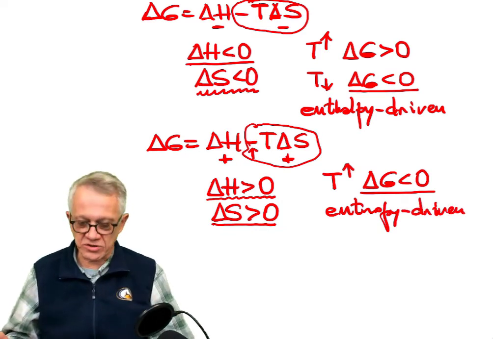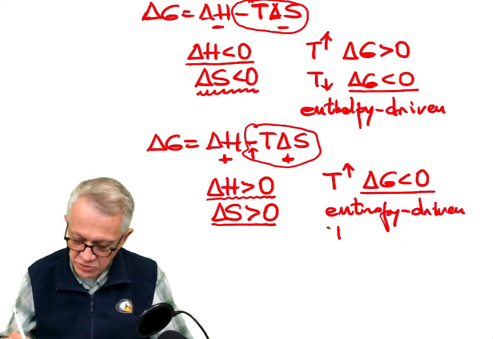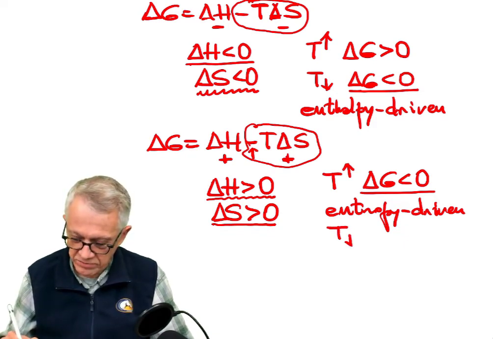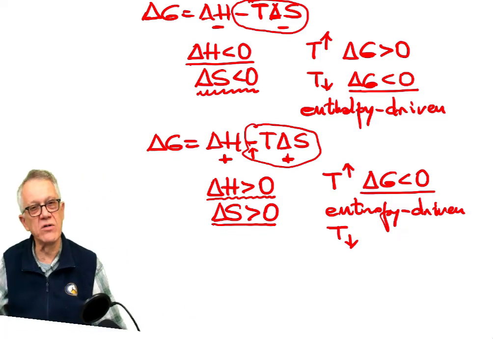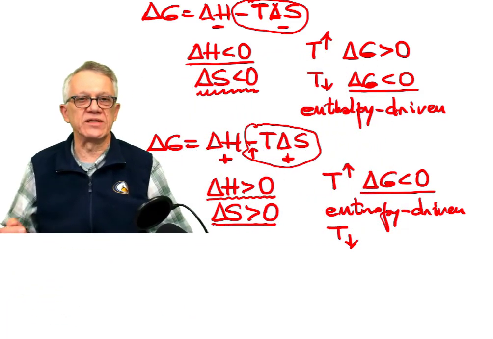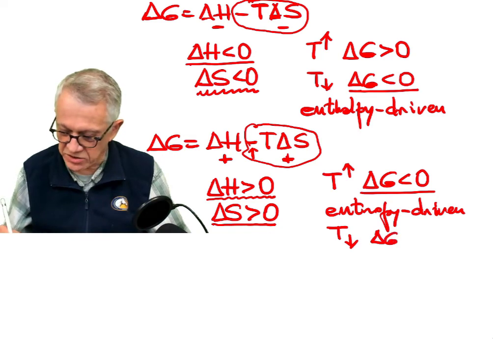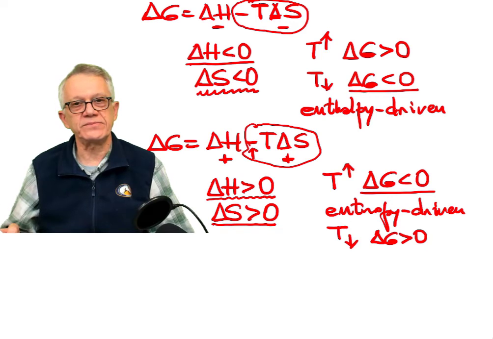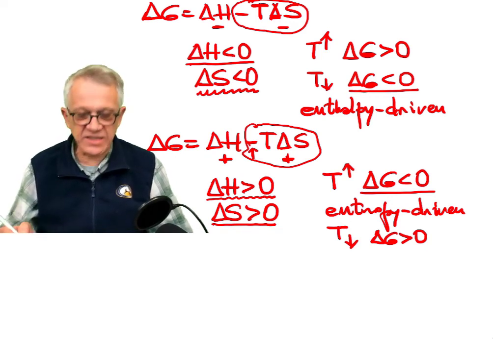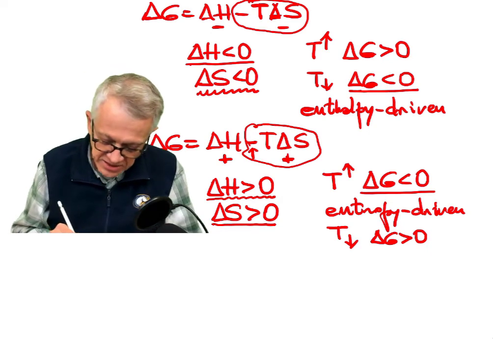Okay, so it's an entropy driven process here, and if the temperature is very low, what's going to happen here? The negative value is very small, so delta H is going to be larger, and since delta H is positive, delta G is going to be positive. It's a non-spontaneous reaction. There is one case that's very intuitive that we can clarify now,